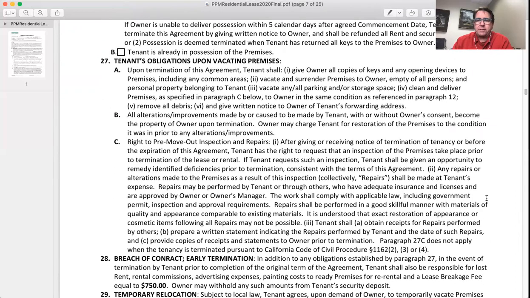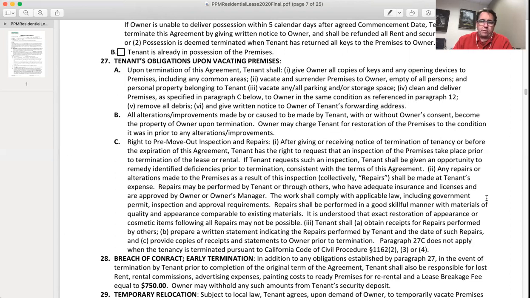Everything in Section 27 is California law. So once again, you can go there and read about it. There are very strict rules about what we can or can't do when you vacate the property, about leaving personal property behind and damages and all that kind of stuff. In the end, you're entitled to normal wear and tear of the property. Anything beyond normal wear and tear can be deducted from the security deposit.